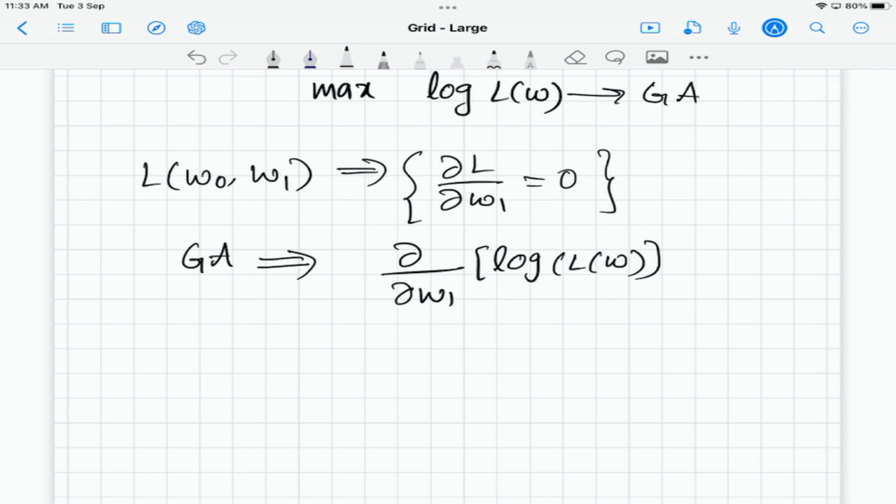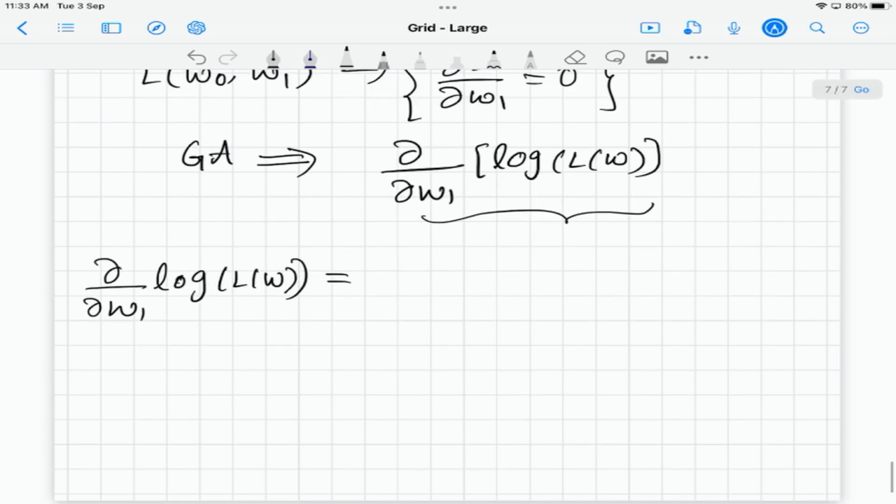So if I have to do this, I have to compute this gradient. Shall we start finding the gradient? So what happens to this term? I don't have a minus here. It is simply yi log of pi plus